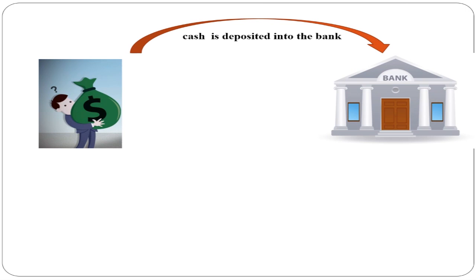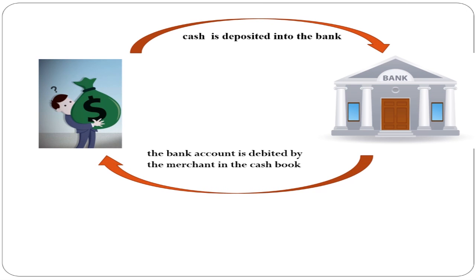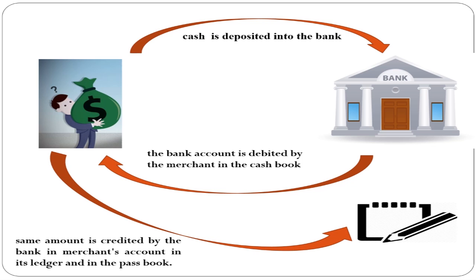When cash or a check is deposited into the bank, the bank account is debited by the merchant in the cash book. The same amount is credited by the bank in the merchant's account in its ledger and in the passbook. Similarly, any cash withdrawn or check issued to a third party is credited in the cash book and debited in the passbook. As a rule, the cash book and passbook should show equal and opposite balances on a particular date,